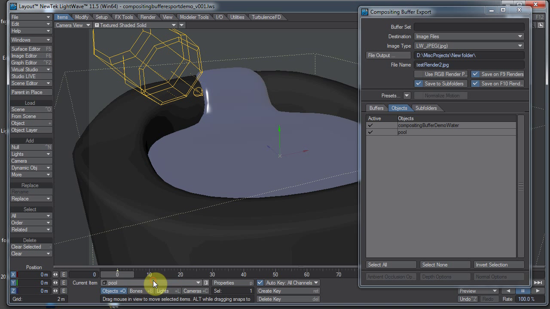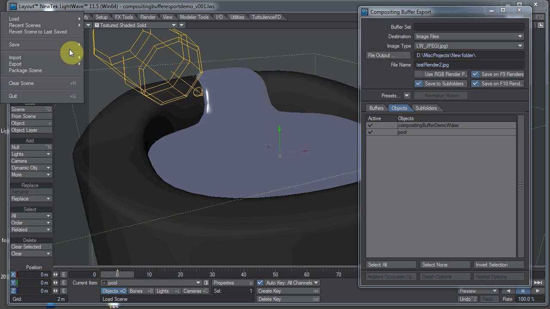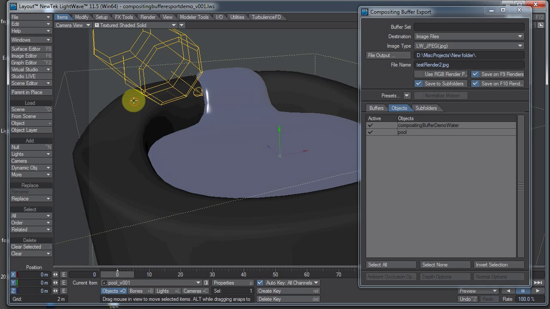Actually, not Shift S. I want to increment the object, not the scene. Anyway, save object increment. You notice down here my object is now named pool v001. Up in here in the objects it's not named pool v001. And if I render this,